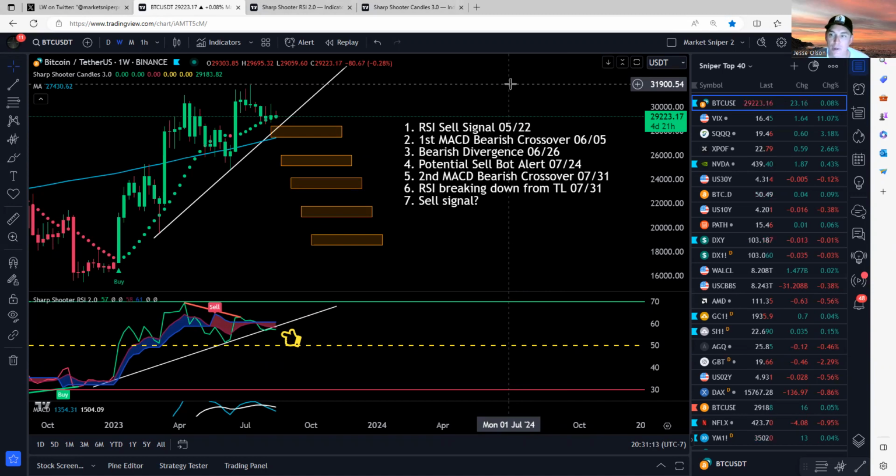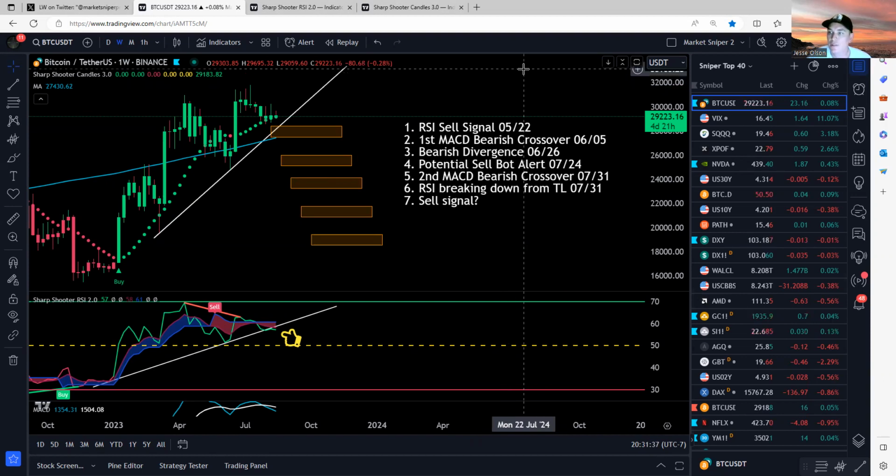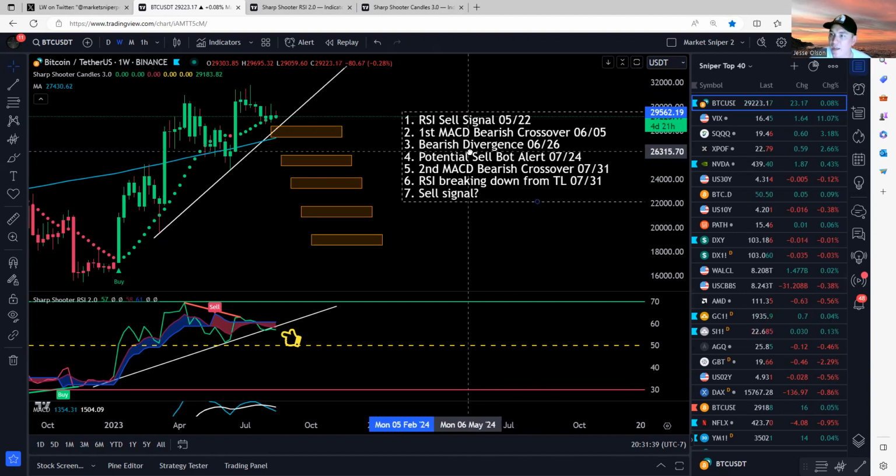Or the intermediate trend. And so while the weekly chart is still bullish, I was still looking for buy the dip scenarios and try to push those buy the dip scenarios as long as possible, with understanding that the chart is showing signs of weakness, right? Showing signs of weakness, and we have a whole list here, so we're going to jump right into it. So starting with the first item on the list,